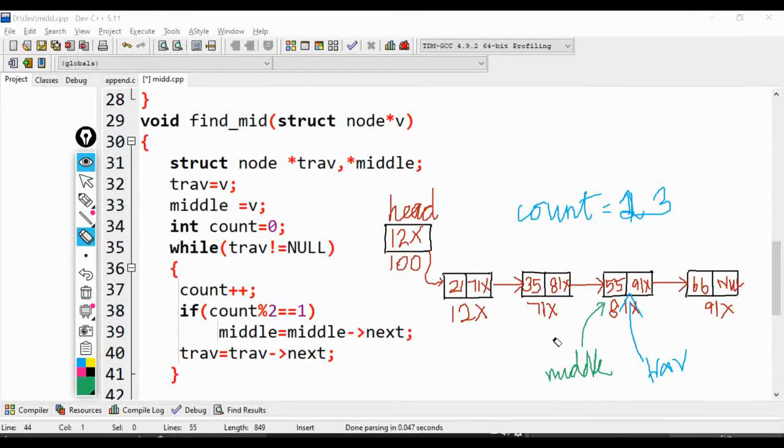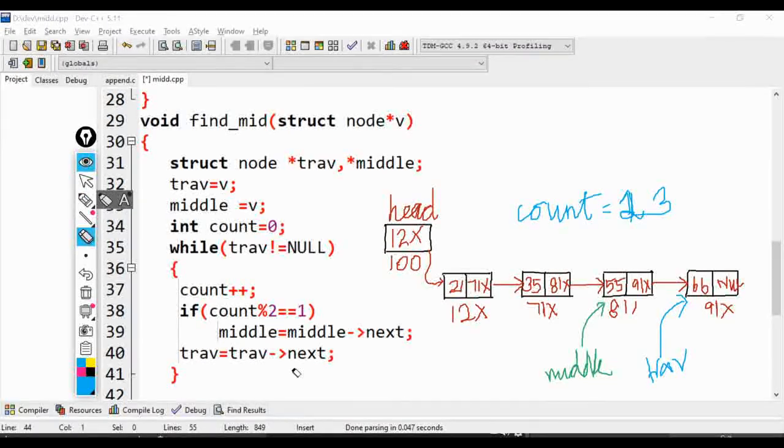Yes. So now after that, traverse of next will be assigned to traverse. Traverse is pointing to 81x. Traverse of next is nothing but 91x. So my traverse will be pointing like this now.